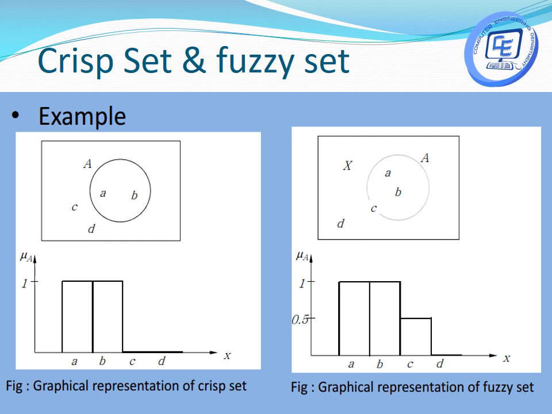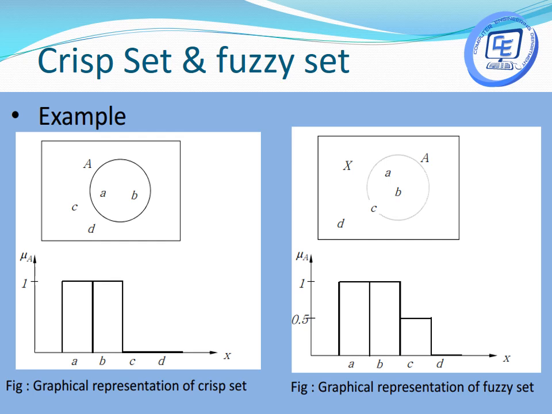But when some ambiguous or uncertain terms are given, say for example, you can see in diagram number 2. In diagram number 2, there is an element c which is sharing the border of set A and the universal set X. So we can say small a and small b are in class A, they are learning in class A. Student d is not learning in the particular class, but student c is having some of the lectures in class A.